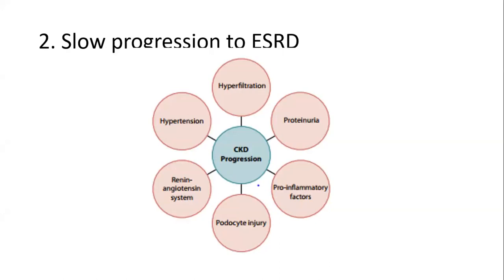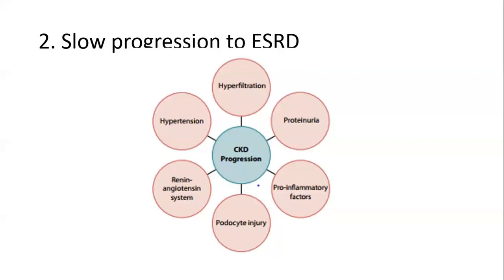Hyperfiltration is associated with glomerulopathy and glomerulosclerosis, and that gives proteinuria, which continues to worsen the kidneys by podocyte injury. Proteinuria also attracts inflammatory cells, as chronic kidney disease is an inflammatory disease. So as long as you have hyperfiltration and proteinuria, you have a reduced number of nephrons. That's why hypertension rises. So once you have hypertension,